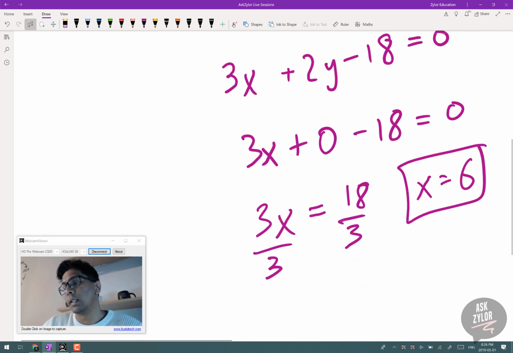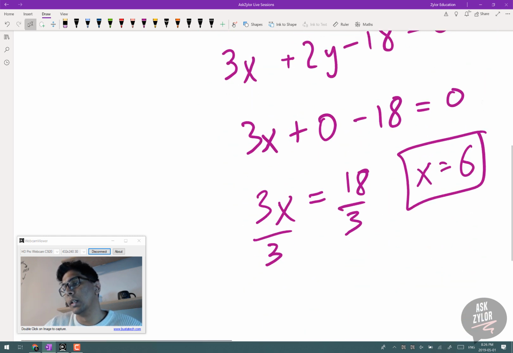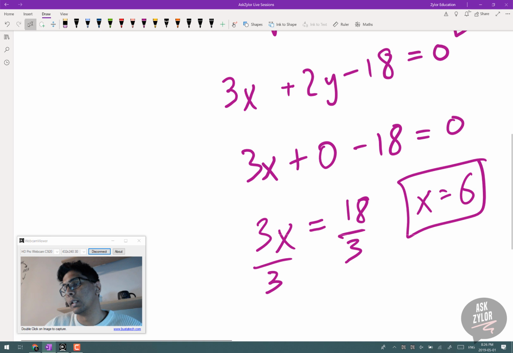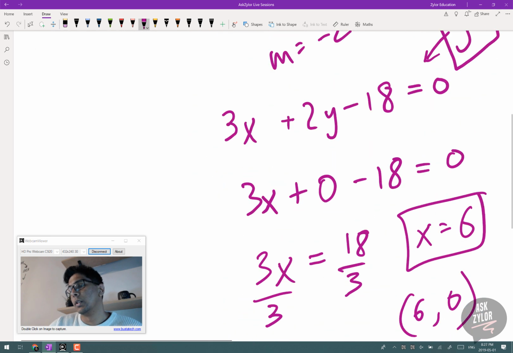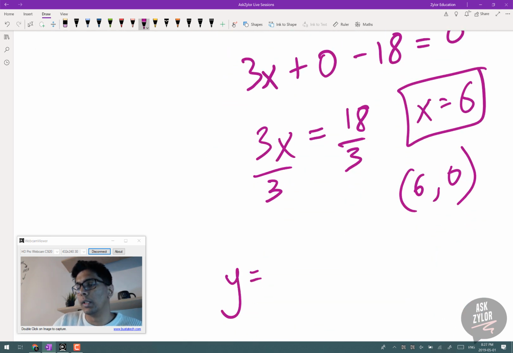So I found the x-intercept. What that tells me is my equation also has an x-intercept at the same point. So I have a coordinate, I have 6 and 0. Right? So if I try to make an equation y is equal to mx plus b for the new line,